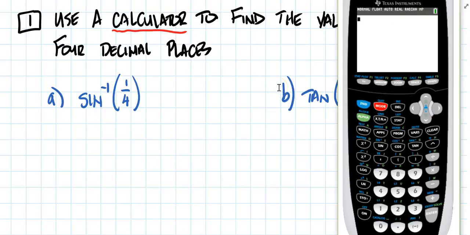Now that we're in radian mode, we can evaluate this, and the directions say to 4 decimal places. Notice right above the sine key, highlighted in blue on mine, it says inverse sine. So you just hit the second button, and that activates the blue part above the key. And notice it says inverse sine, and I just plug in 1 divided by 4. Pretty straightforward. Push enter. So what I get is 0.2526, and since this wanted me to go to 4 decimal places, this looks like